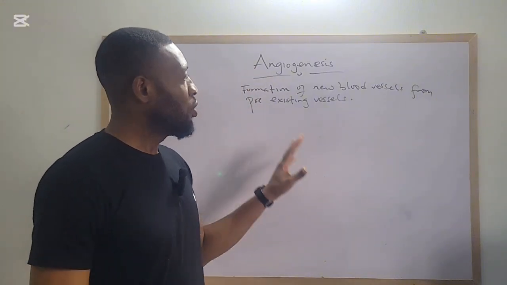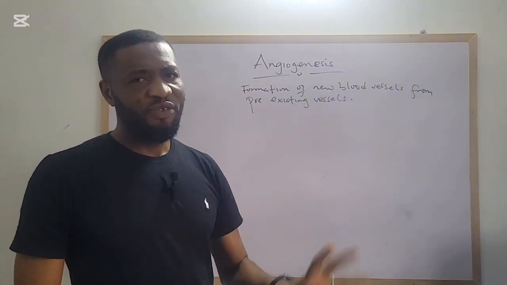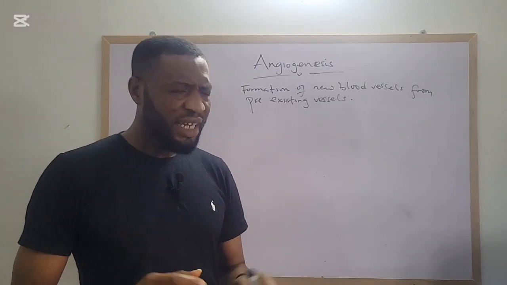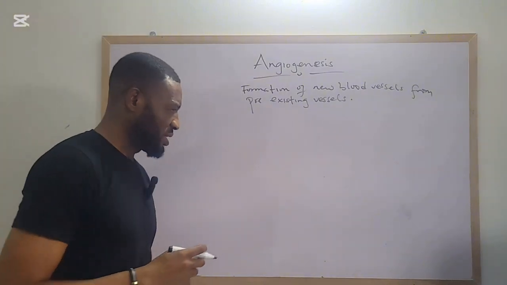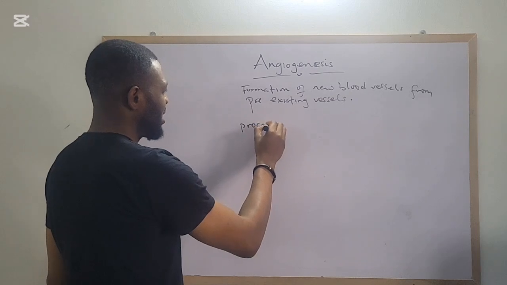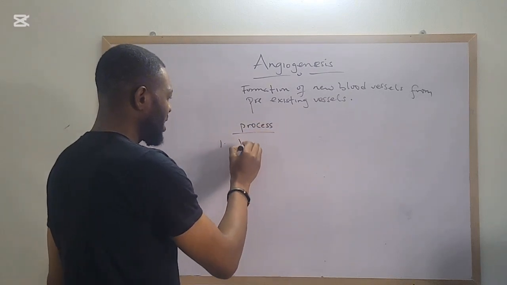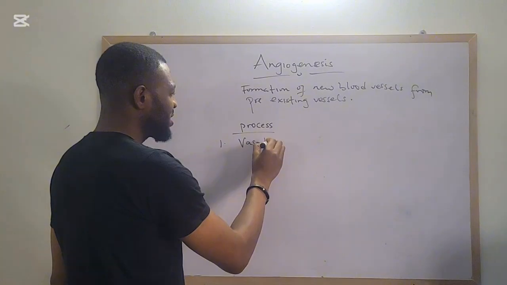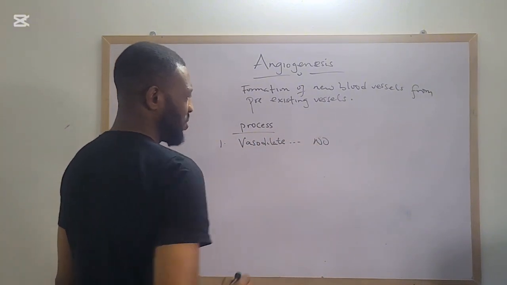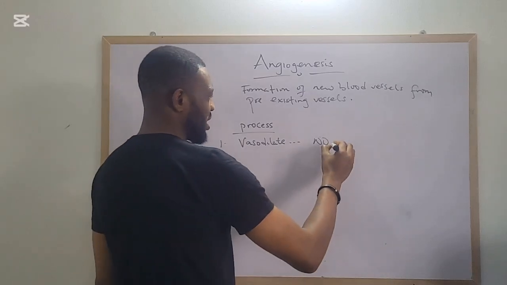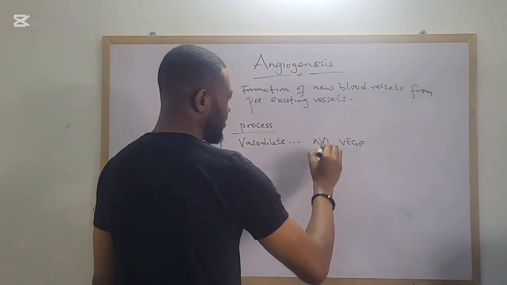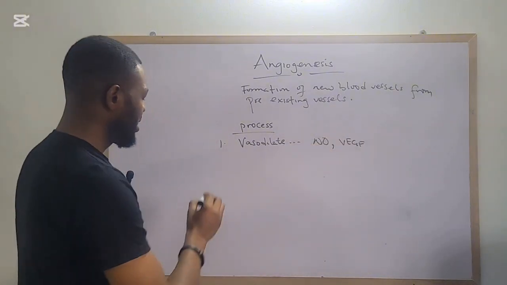Okay, so now angiogenesis, like I said, is a very important aspect of wound healing. And so we are going to be discussing a little about angiogenesis. Angiogenesis has a process, okay? So there's a process of angiogenesis that involves first vasodilatation. So the vessel will first dilate, and this is induced by nitric oxide, and of course, enabled by vascular endothelial growth factor, okay? So there's first vasodilatation, and then the next